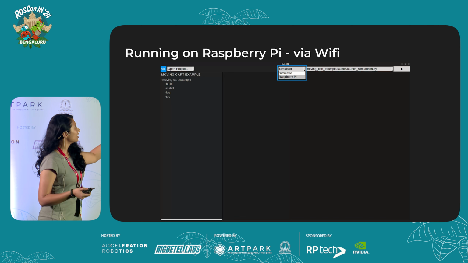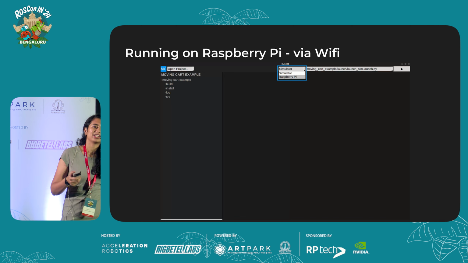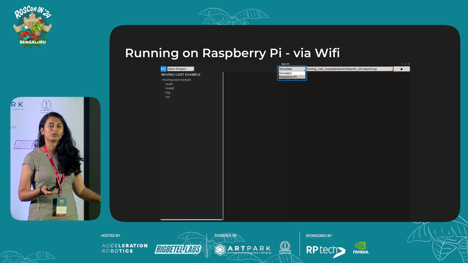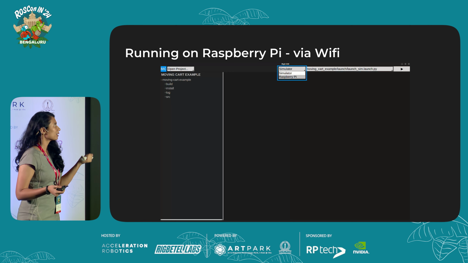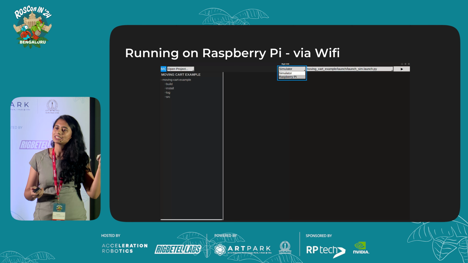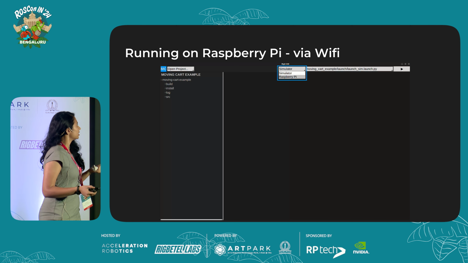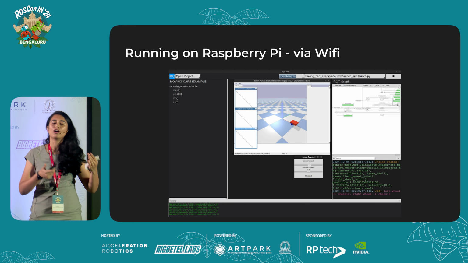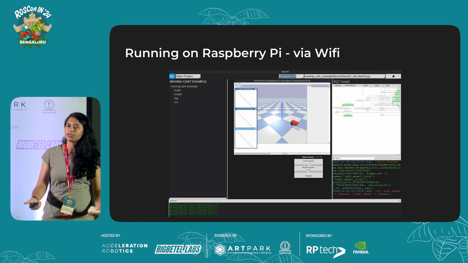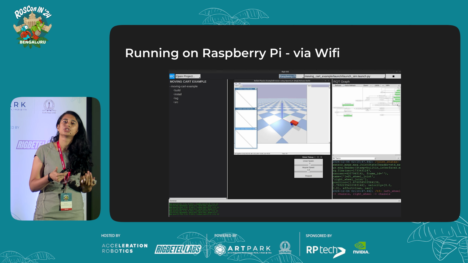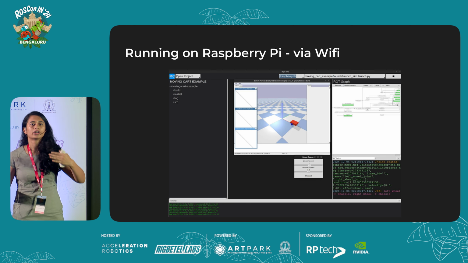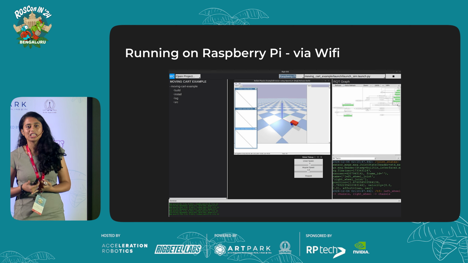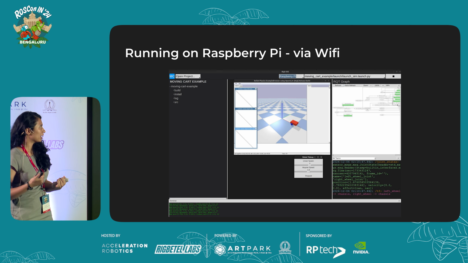You can select it. This is the Raspberry Pi I have connected right now to my local hotspot, and it's getting listed in my IDE. I'm going to select it, and I have my launch file already selected, and click on the run button. You have a digital twin, which shows the update of a robot which might not be in front of you, and you are able to visualize it from anywhere in the room or from across states and things like that. And also be able to debug in RQT graph and loggers.